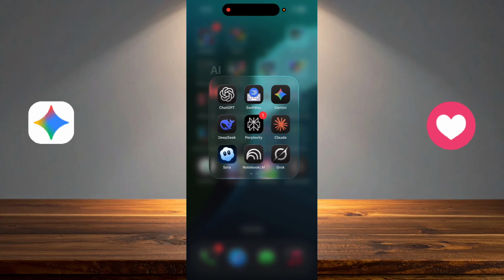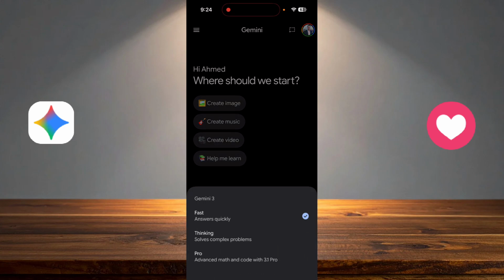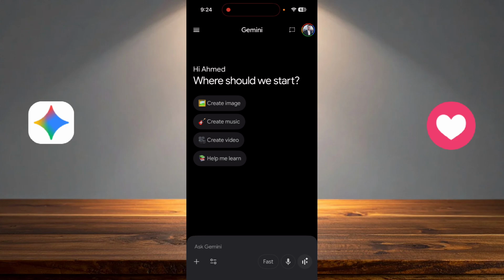To know that, you just have to go to the Google Gemini app, and there are multiple places to verify that. First, you have to click on the bottom of the screen. As you can see, there is an icon with "Fast" written on it. You just have to click on it, and as you can see at the bottom of the screen, you are using Google Gemini 3.1, and also you can click on the icon on the top